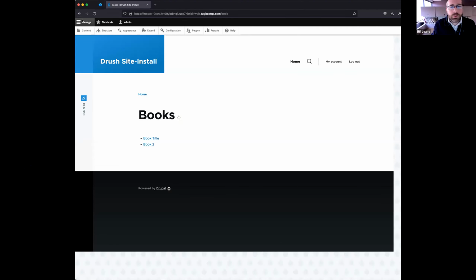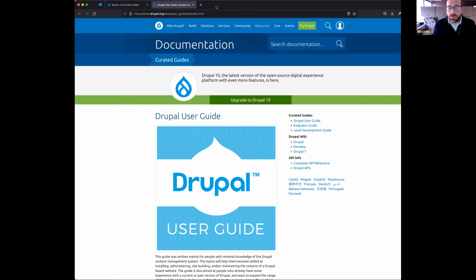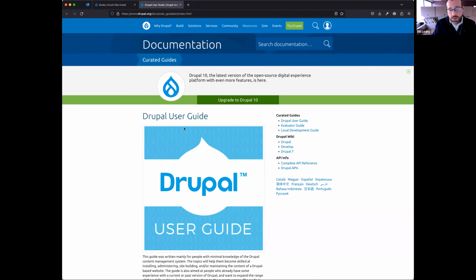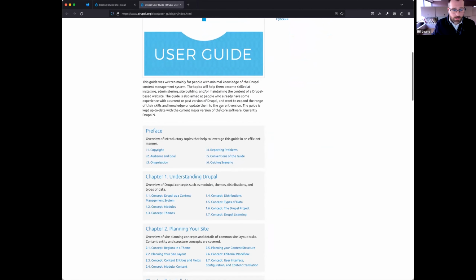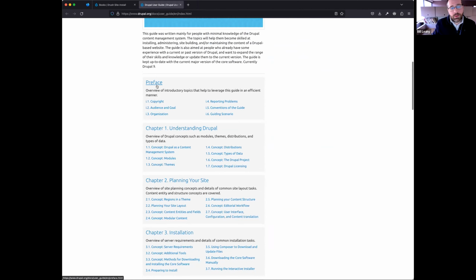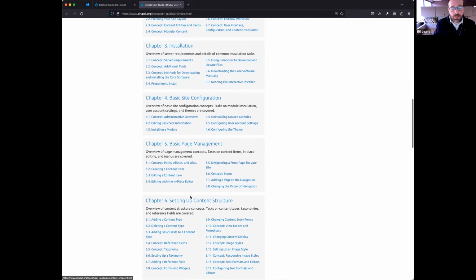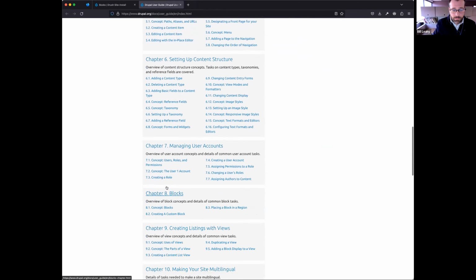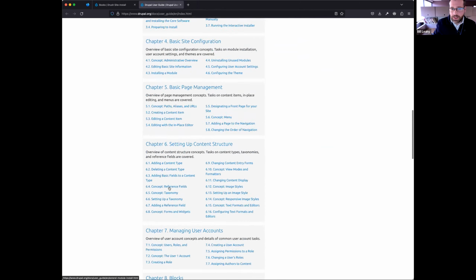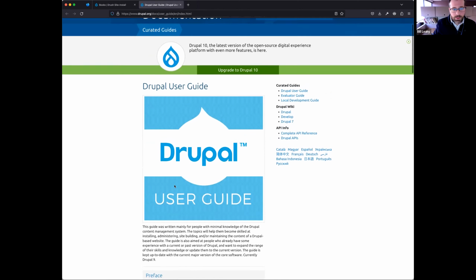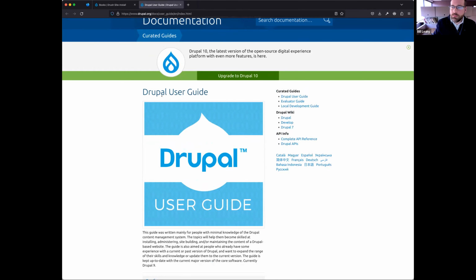All right. So here is an example on Drupal.org, the Drupal user guide. So this uses the book module. They didn't call the first one a chapter, they called it a preface. Then they have chapter 1, 2, 3. So this is all using the book module. And this is just the Drupal user's guide, if anyone's curious. So that's one example. Next would be